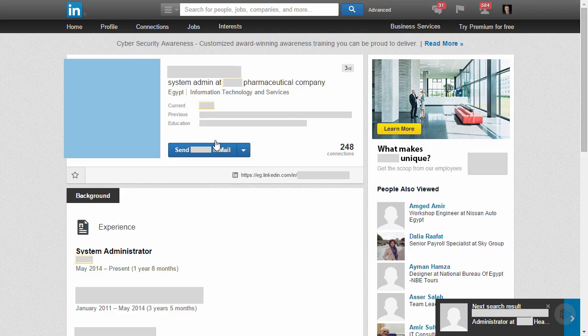Of course, if I look at this profile in more depth, I'll see previous places of work, education, and other professional related attributes of the individual. Attributes that I could use if I reach out to them in order to create credibility. But I'd like a little bit more information. In fact, what I'd really like is some more information about the individual's personal life. So for that, let's go over to another site you'll probably recognize.